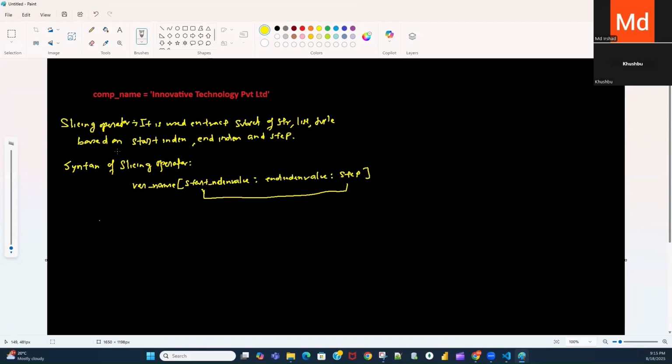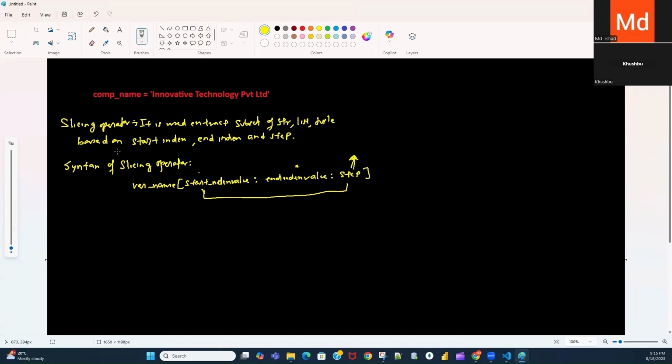Now there are some rules when we are using the slicing operator. The slicing operator mainly depends on the step. The step tells you the direction, that is, from which direction the slicing operator will extract values. The start index tells from which position we need to start and where we need to end.